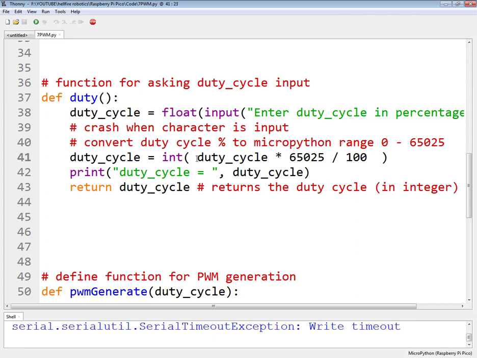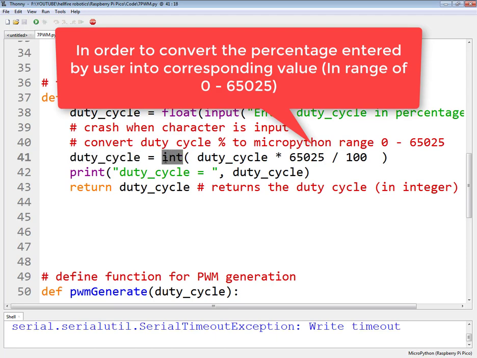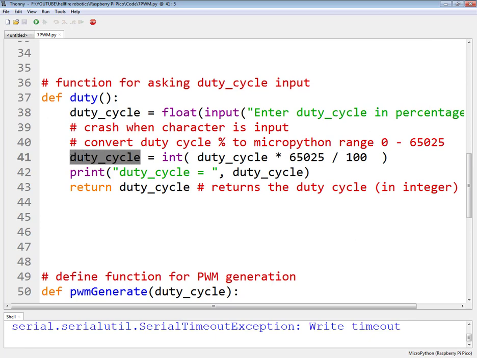So we multiply the duty cycle with this number and divide by 100 to convert from percentage, and then we type convert it into integer, because this duty cycle is a float, and we store it in this variable.